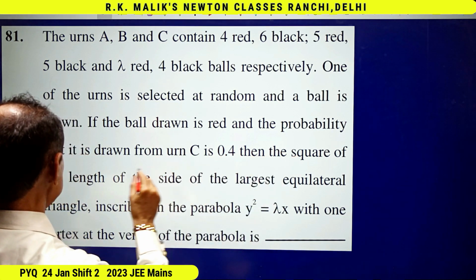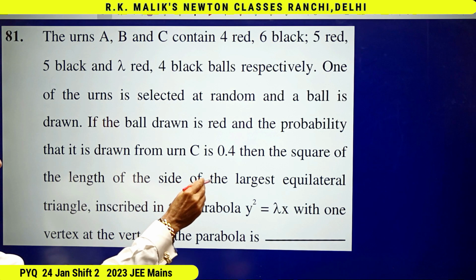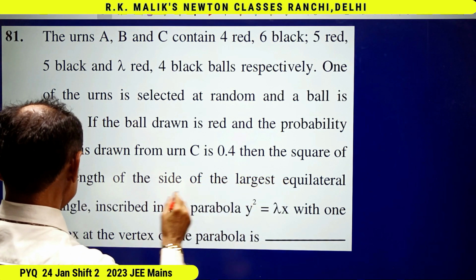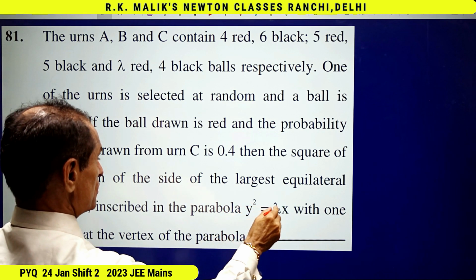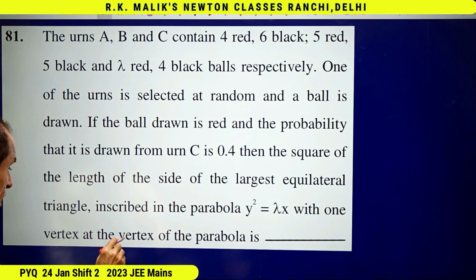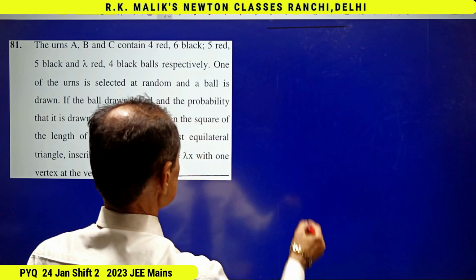Then the square of the length of the side of the largest equilateral triangle inscribed in the parabola y square equal to lambda x with one vertex at the vertex of the parabola is dash. You have to fill in the blank. According to question,